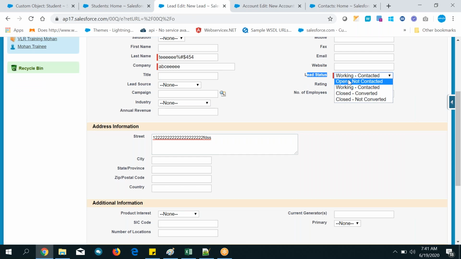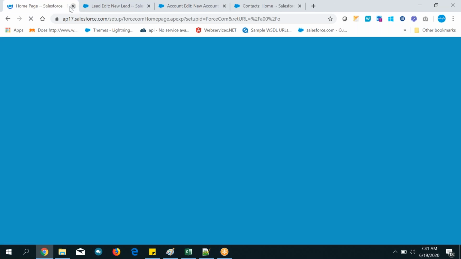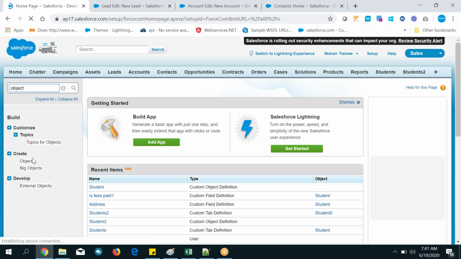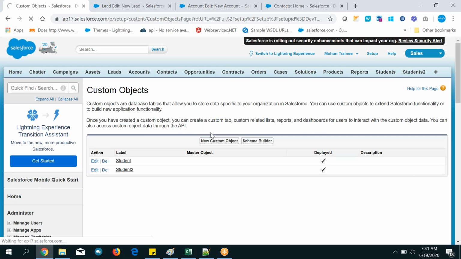Before selecting a country, the list should be like this. You can see that in so many places, right? Country names, all names, and you can select any country. This is the kind of thing I want to create for the country field. So how to create it? Go to setup, again navigation. Even though I have it here, I am not showing it directly. Search for objects, repeating again and again. See here. Okay, go to the student object.